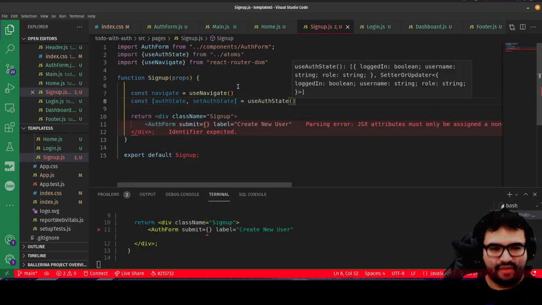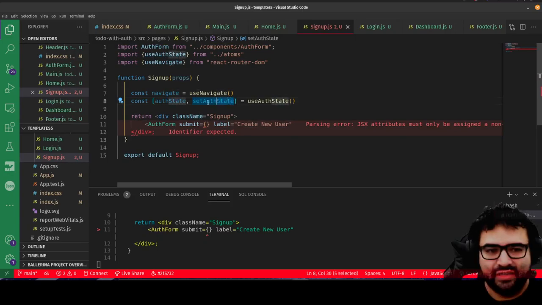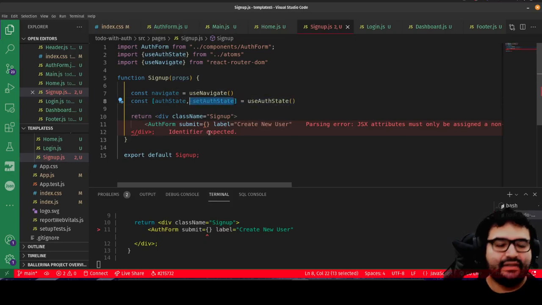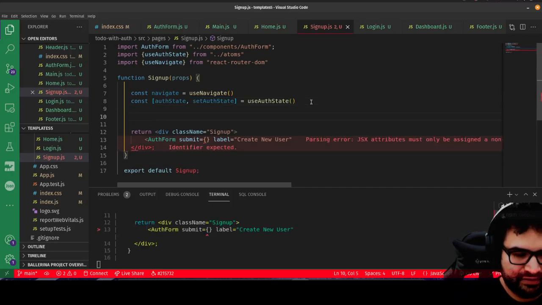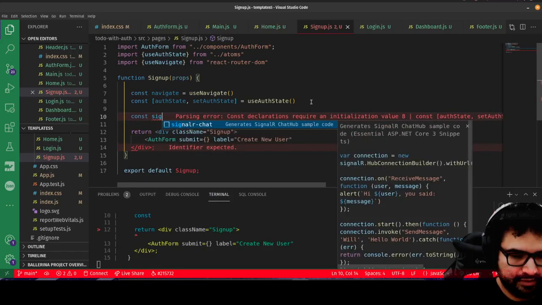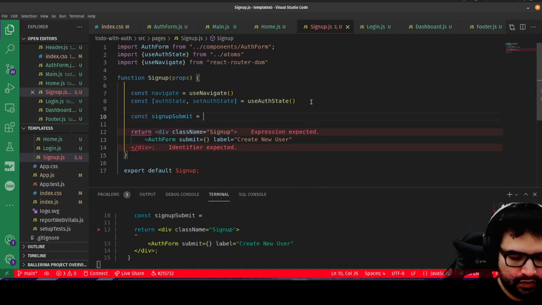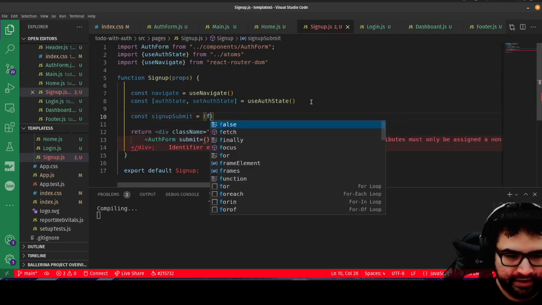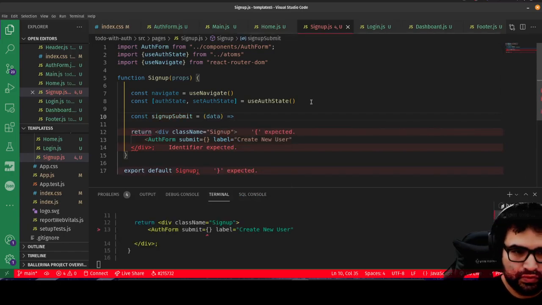Okay, because again, this returns the result of use recoil state, which returns the state and a setter, just like use state. That's like the benefit of recoil. It feels a lot like just using normal React. Okay, so I got those two pieces. So now I just need to write this handle submit function. So const sign up, I'll just call it sign up submit, equals a function that's going to take in the form data. So we'll just say data equals,